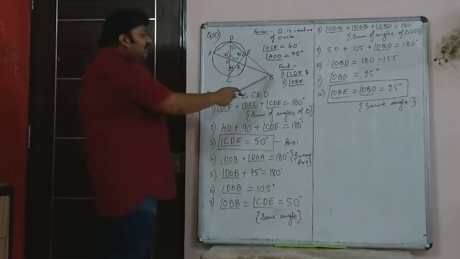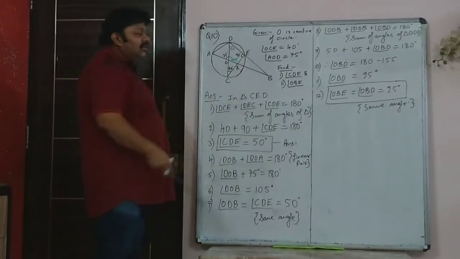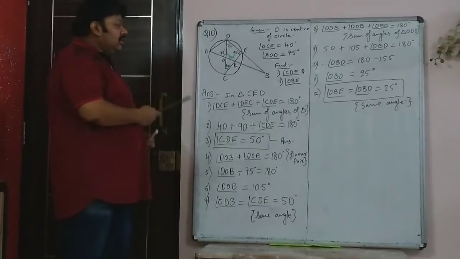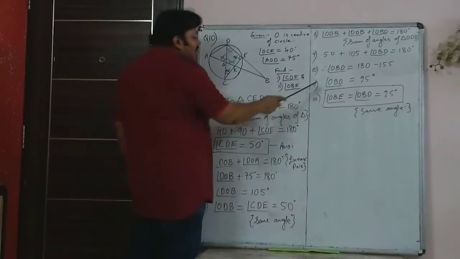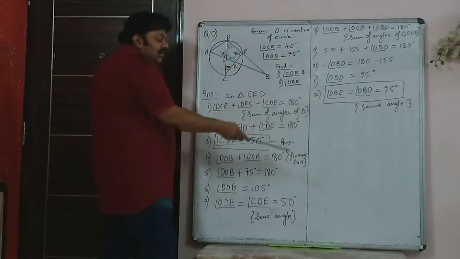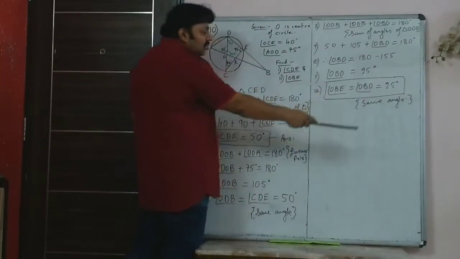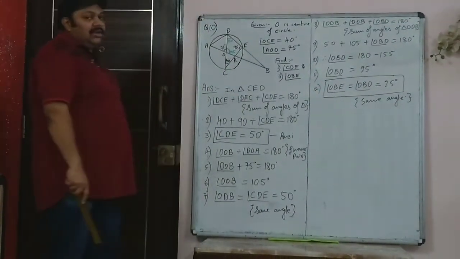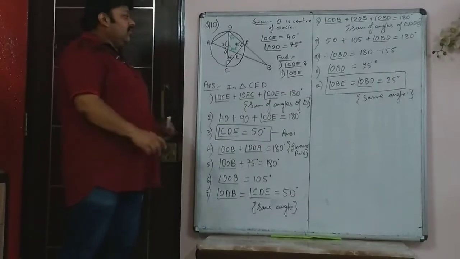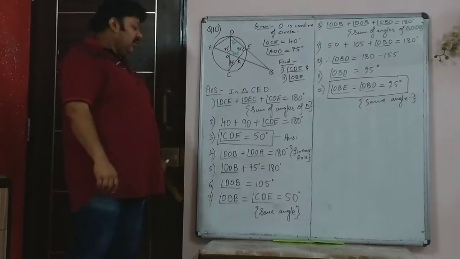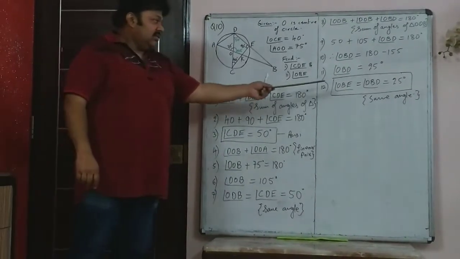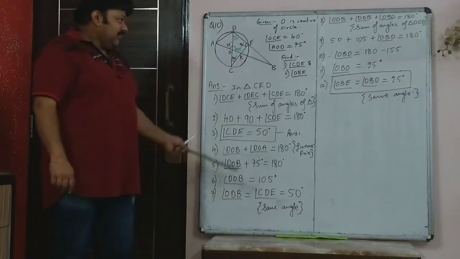Now your OBD and OBE are one and the same, so it's the same angle. You are asked for OBE instead of OBD, so for the final answer, whatever is asked, in that same way you write OBE is 25. It is the same angle as OBD. So that's the final answer that you need to write. This is your step number 12.